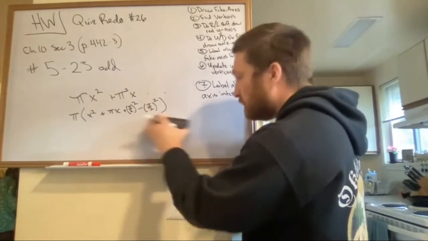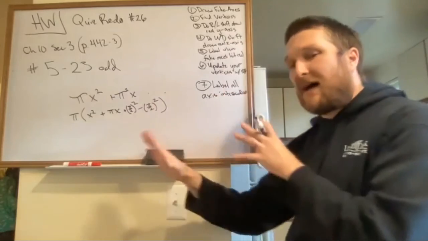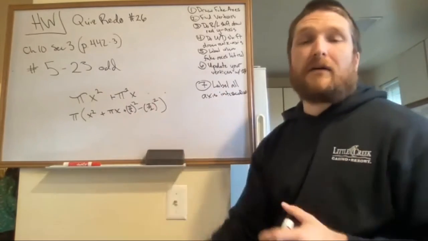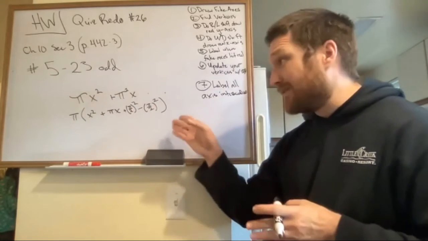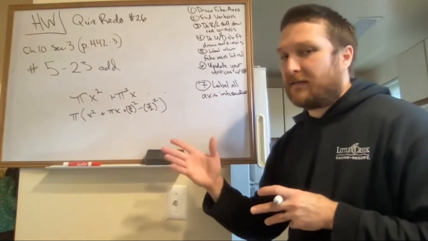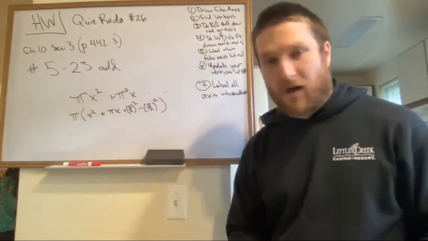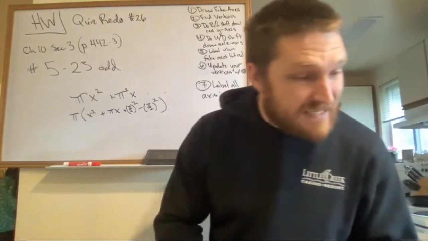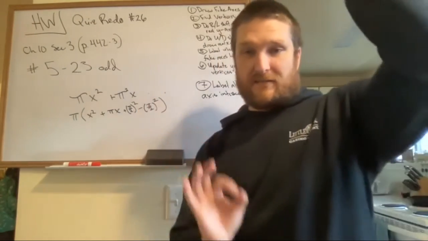And so just do that and you'll get to your answer and you'll have something in terms of pi. And then if you want, you could use a calculator and estimate it. That's cool. I think it's much easier to just do it in terms of pi, and don't let pi scare you. It's just a number and it can't be divided by anything. So just pretend it's 7 and move along, right? So, okay, there's that. Finally, what we didn't talk about, 21 and 23, gives you vertices and then tells you to find